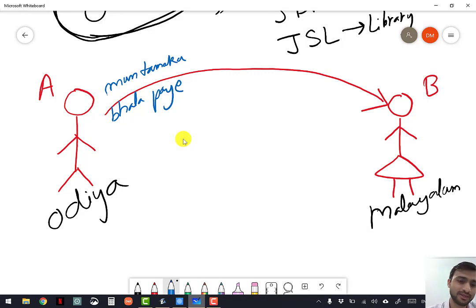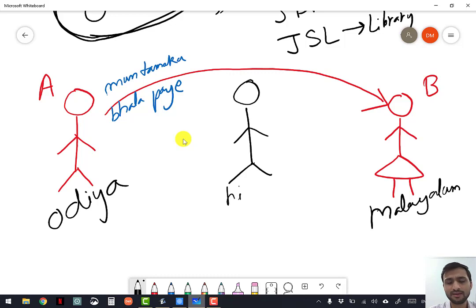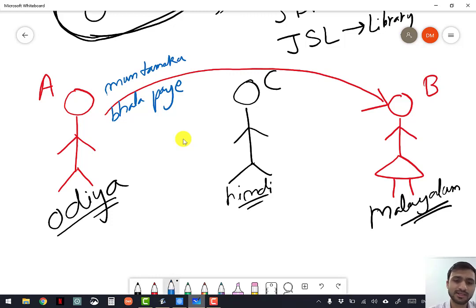How to communicate? Here a third person comes, C, whose language is Hindi. Here Odia, Hindi and Malayalam are the mother tongues: Odia, mother tongue of A; Hindi, mother tongue of C; and Malayalam, mother tongue of B. But the good thing is C also understands Odia and Malayalam.